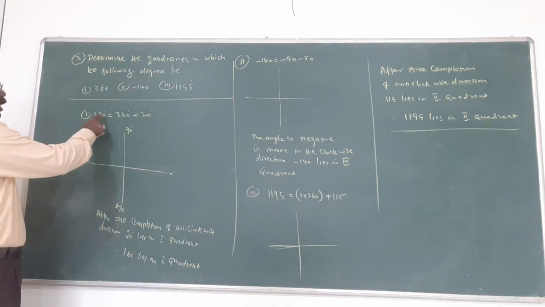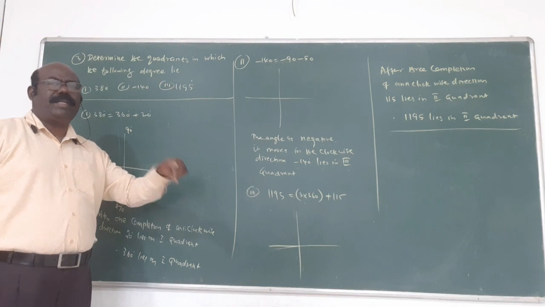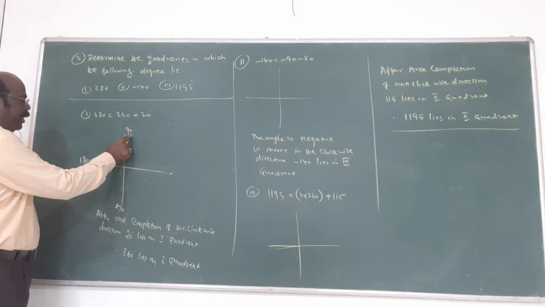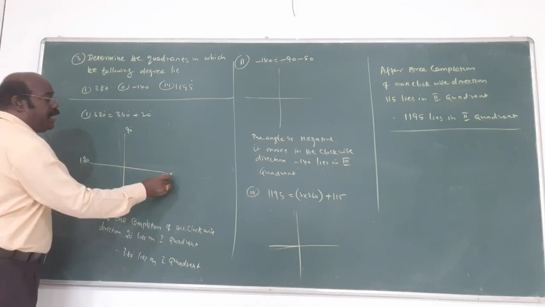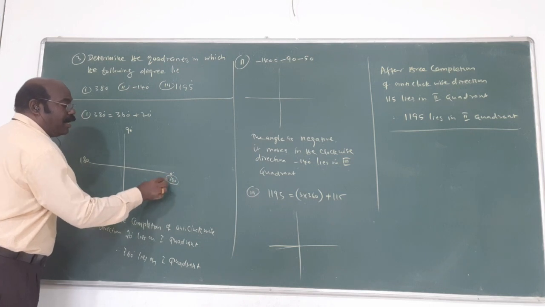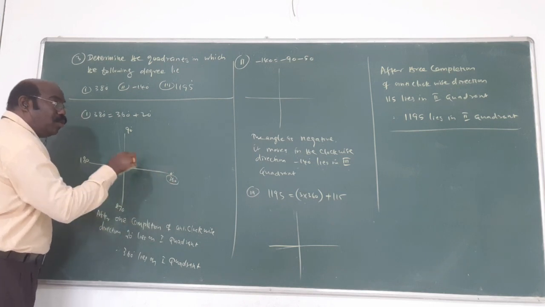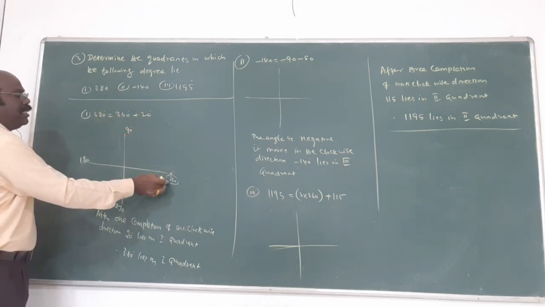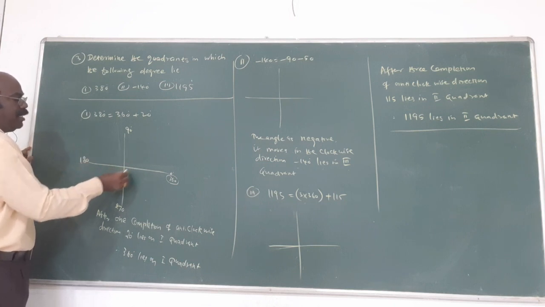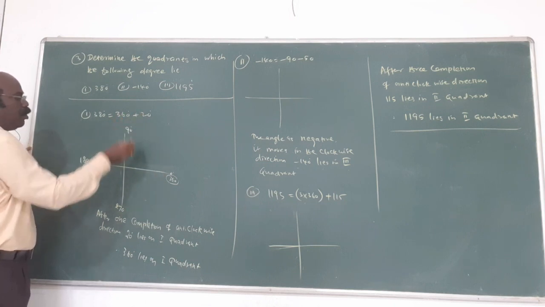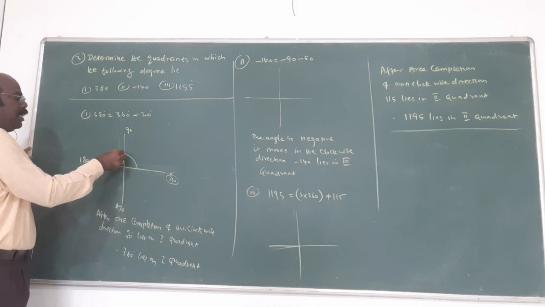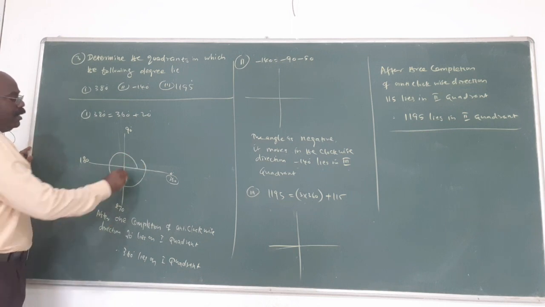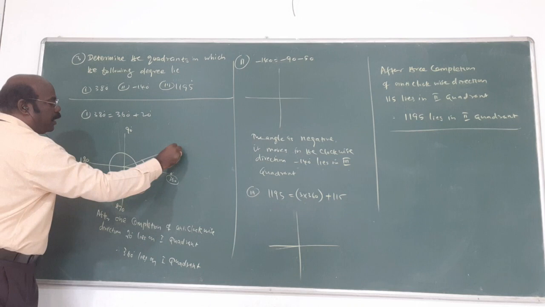First, 380 is given as 360 plus 20. What is the reason? In one complete rotation, you know 0 degree, 90 degree, 180, 270, again 360. Am I correct? 360 becomes 0. That's why if it is more than 360, meaning 360 plus something, 360 becomes 0. Start from 0 degree, 360 plus 20 now. Something, 20, here only will come. This is 20.